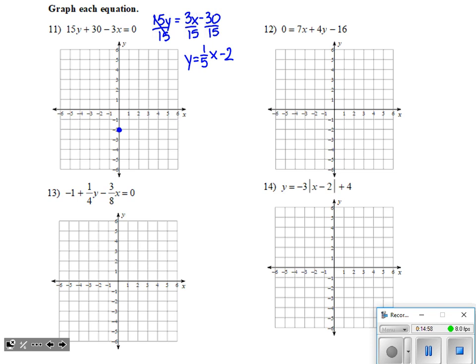I'm going to plot that minus 2 on the y-axis. That's my y-intercept. And then use rise over run, that 1/5, to chart out a positive slope. And I'm just going to keep that pattern going. The more points that I can plot accurately on that grid, the more accurate of a line I can draw. It's not something that's absolutely necessary, but it does certainly help make a more accurate graph.